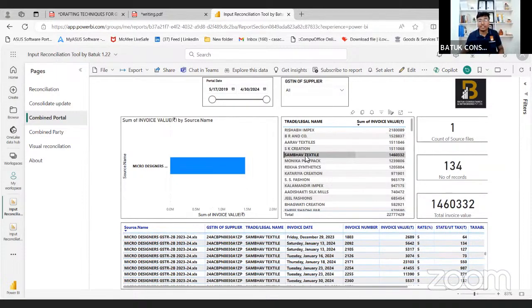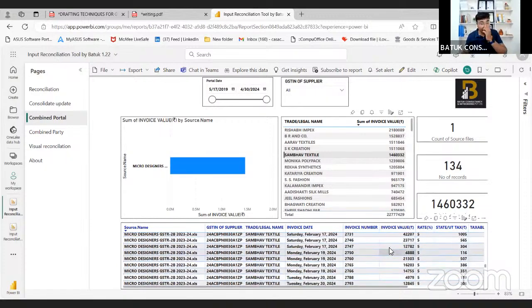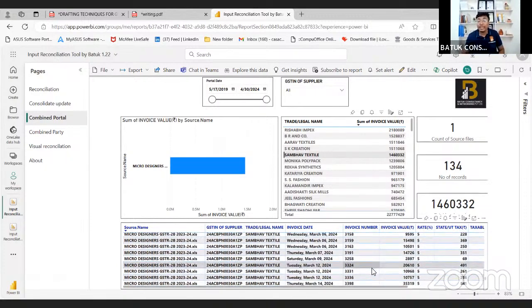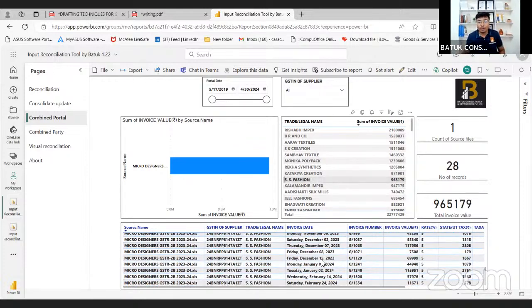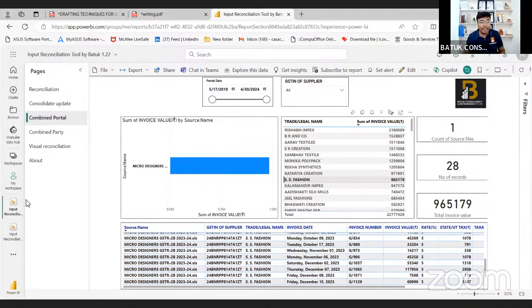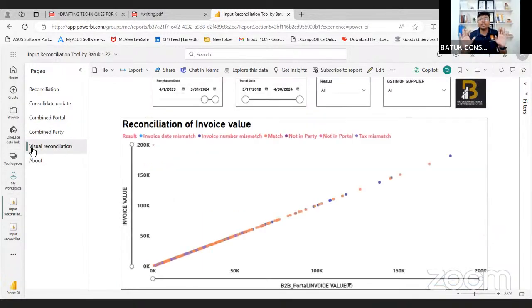देखना है, you just need to click on Sambhav Textile, total 134 purchase invoices are there, value is there, और उसकी सारी की सारी invoices भी one click में आपको नीचे show हो जाएगी। SS Fashion, you just need to click on this. Okay, now if you just want to check the internal control of the party,